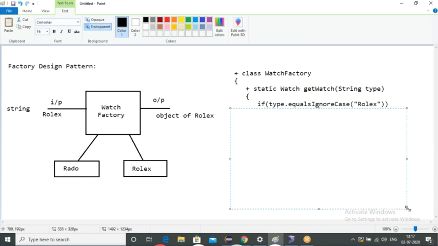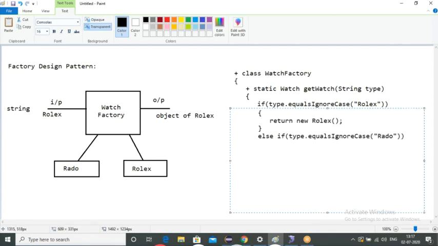That means if it is passed as a Rado, then it should come inside and I have to return new Rado object. Clear. Then if I pass some other watch, consider I'm passing a fossil, and I don't have a fossil in my factory, then I have to display some error message.